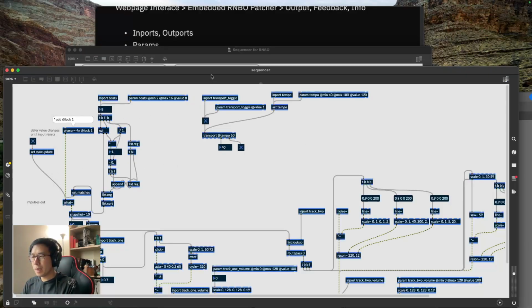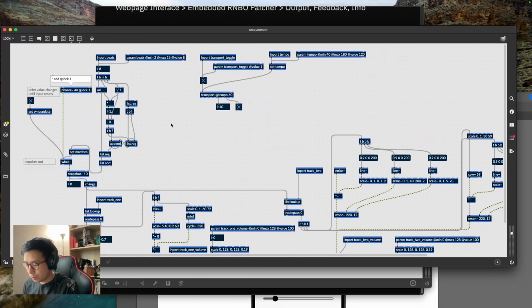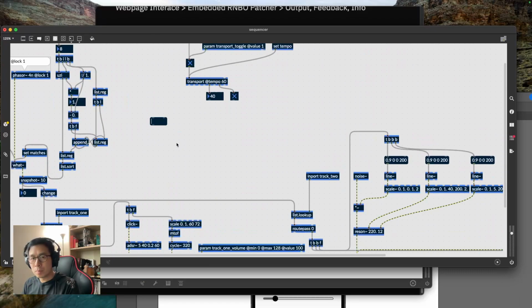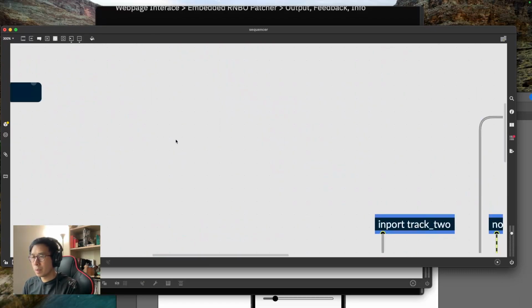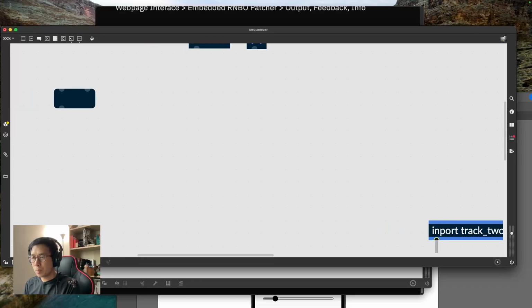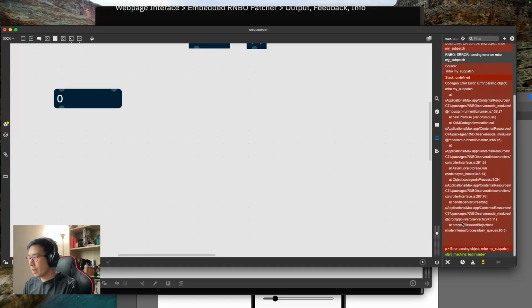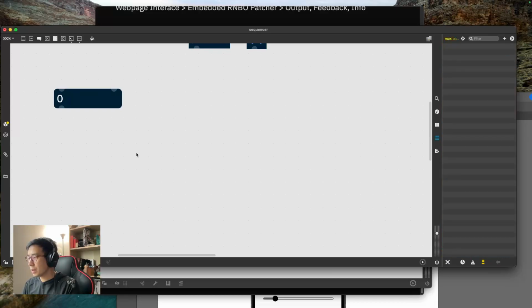I'm going to go into the patch that we're working on, and if I create a message box right in this center area, you can see it here. Sometimes we might have a message that says something like start machine, and this normally is going to be just fine in Max. When I do that, it auto corrects it to 0. Let me try that one again. Let's say start machine, and we'll see what Rainbow thinks about that. It says bad number. Why is this? Because